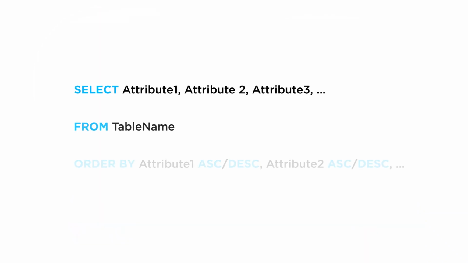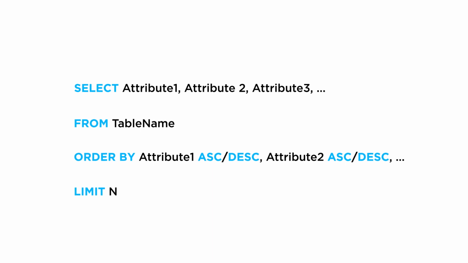Now, closely related to order by is also the limit command. Limit is followed by a number which specifies how many lines we want to see in the result. Just for your information, the limit part is not a standard part of SQL, and different database systems tend to use slightly different names. However, the differences are rather simple to understand if you read the documentation for the different database systems, for example, Oracle versus Microsoft SQL Server versus MySQL, and so on.